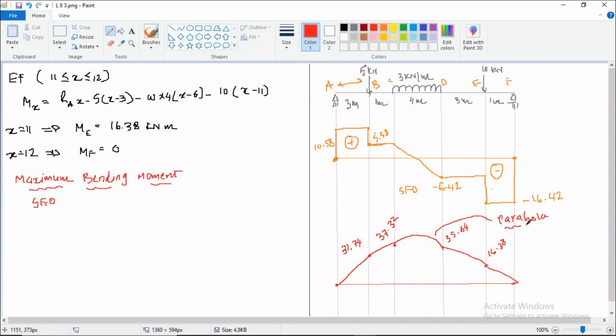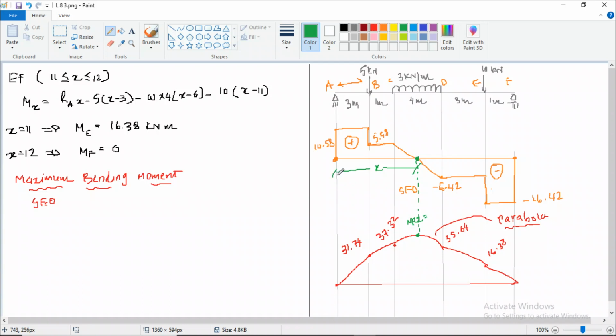Right, so this is a parabola for the UDL portion. Now if you see this diagram very closely, you can see at this point your shear force is changing the sign from positive to negative. So whenever your shear force changes its sign from positive to negative, at that point you either have maximum bending moment or minimum bending moment. So here we can see we are getting the maximum bending moment value. So how to calculate that maximum bending moment value? To calculate that bending moment, we need to assume that, let us say, this is a distance x from point A.